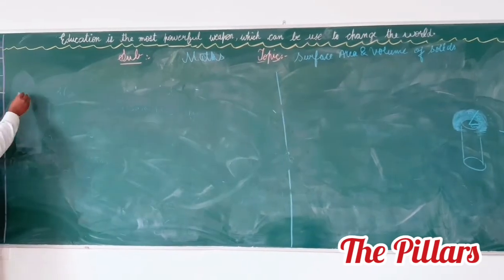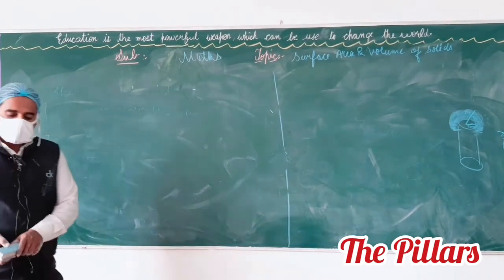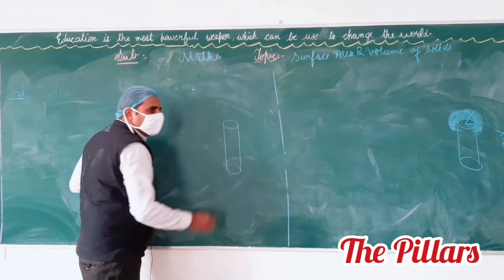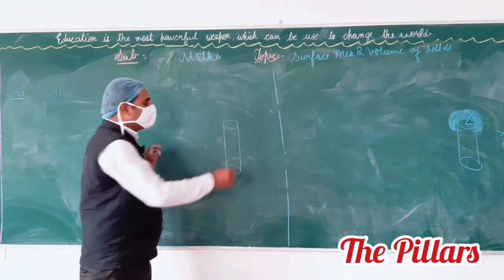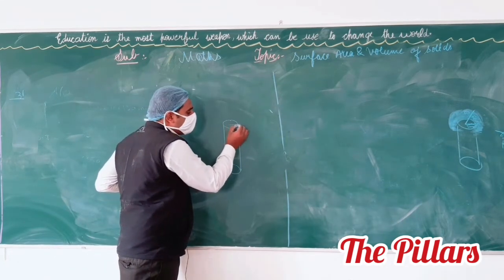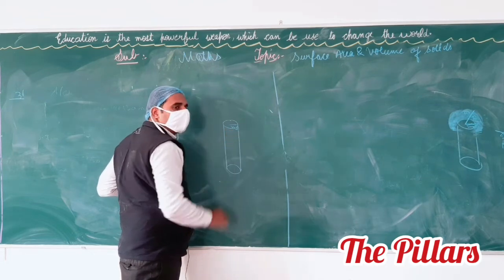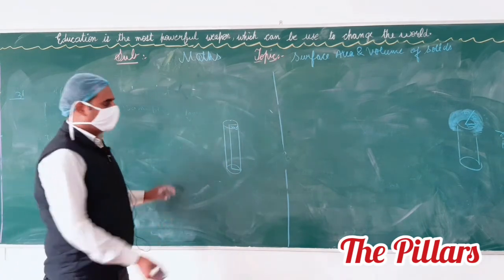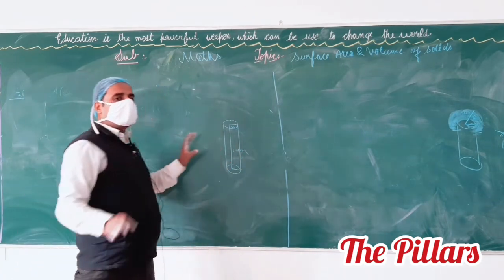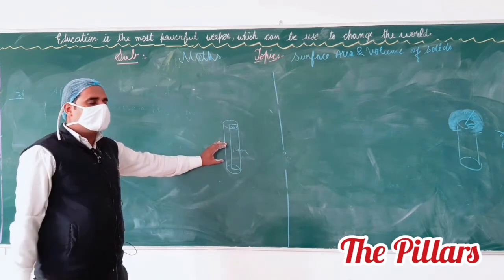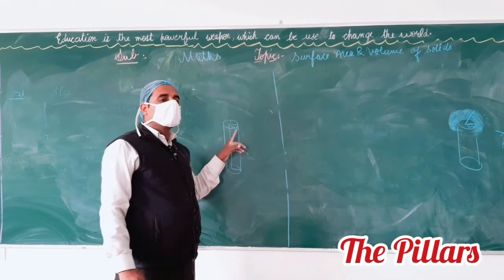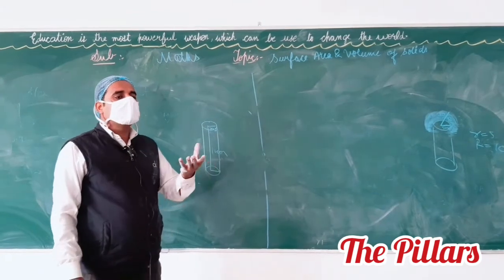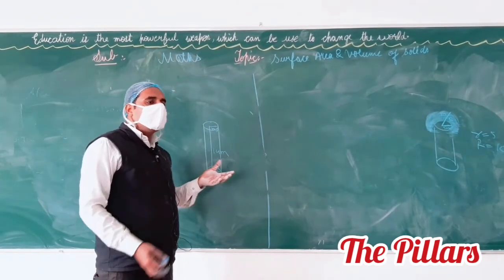Question number 31. You see what the question tells us. Suppose we have to dig out a well whose diameter is given as 10. It means its radius is r equals 5, and the height is given as 14 meter. The question tells that we have to dig out a well whose radius is 5 meter and whose height is 14 meter. Whenever you dig out the well, we have materials,